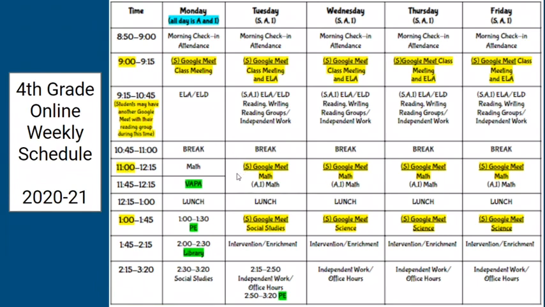And again, the teacher will instruct the students in the Pearson lesson most of the time. That will be whole class, and then the students will go off and work on their own. This time may also be used for small math groups, depending on the concept that is being taught. So those groups will be determined later.